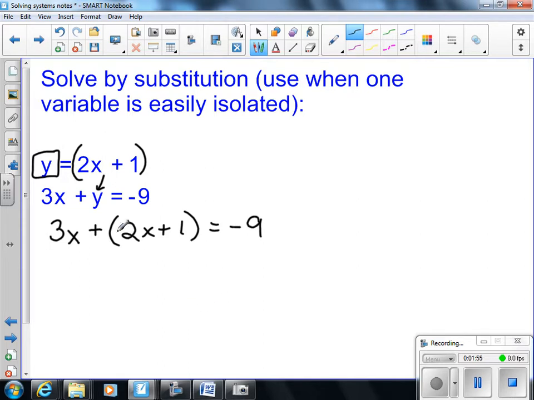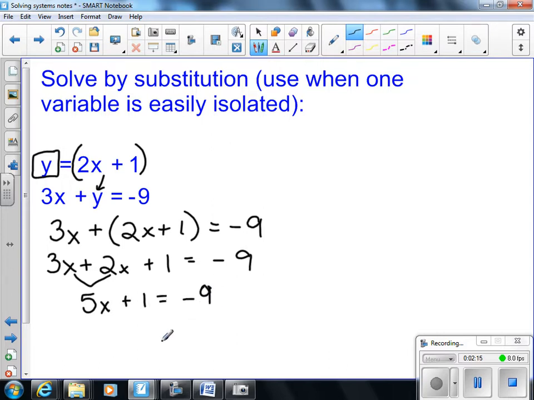Do I need to distribute anything here? No, so I can just get rid of my parentheses and go ahead and combine like terms. So let's do that. Can we combine like terms? And you get 5x plus 1 equals -9. Okay, now what do I need to do to solve for x? Okay, subtract 1. And I get 5x is equal to -10. Divide by 5,